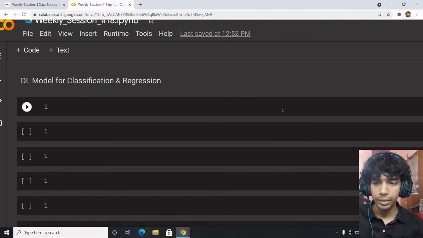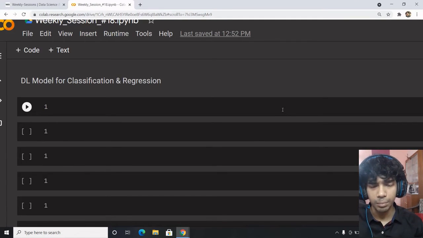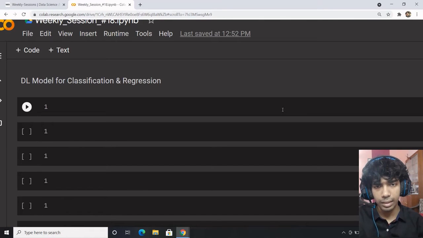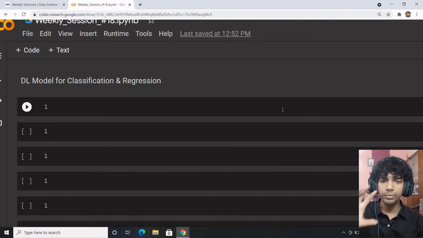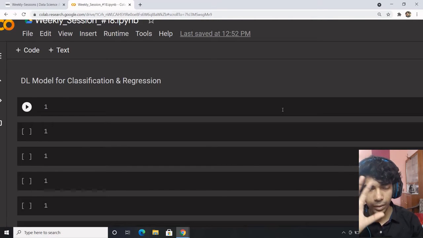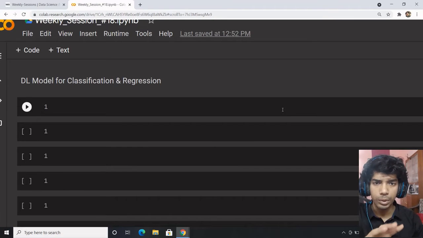So let us move on to the next topic of the day, that is deep learning models for classification and regression. This is also quite similar to what we did right now. The main parts are model building, the dataset, and data pre-processing. Where do you actually observe classification and regression together? You observe them in object detection. The best example is RCNN types of object detection.